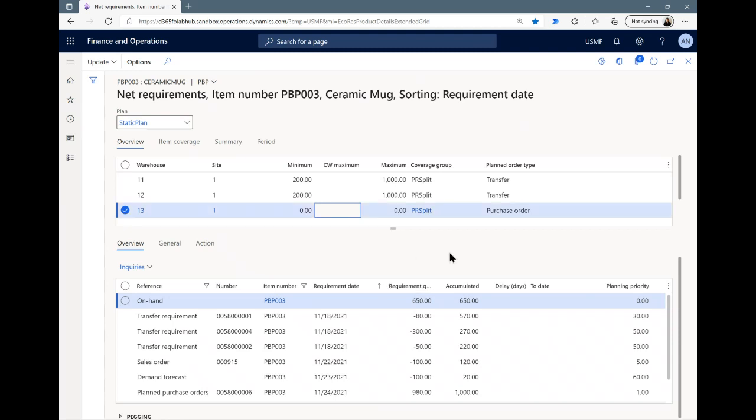So in this particular case, we see that we will be able to fulfill our sales order requirement on its date with 100 units. We'll be able to fill our 3 transfer requirements, the one with 30 priority and the 2 with 50. And we'll be able to fulfill our demand forecast. So that's 5 of our 6 or 7 requirements that will be able to be fulfilled on the requirement date,